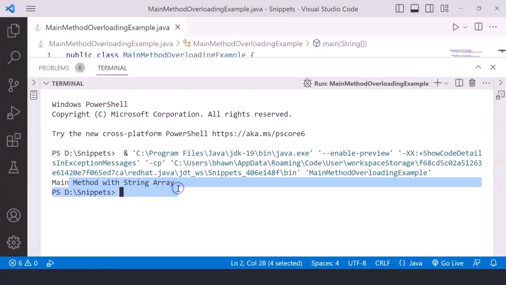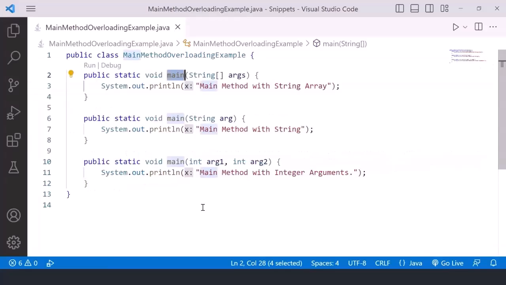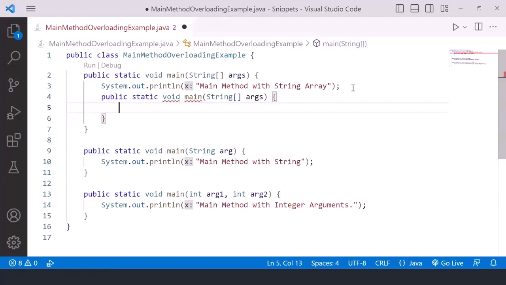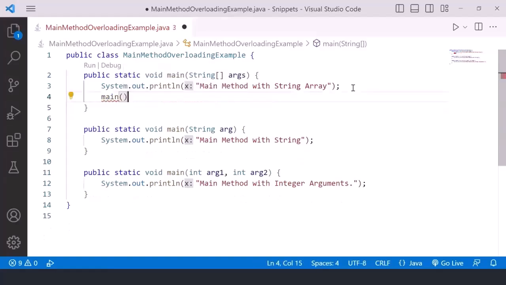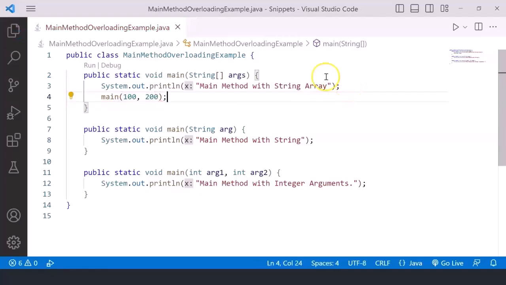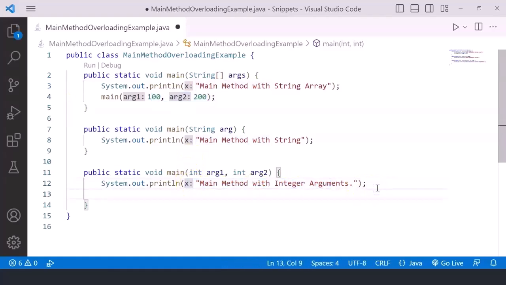Main method with string array. If you manually would like to call it, you can only call a method from a method or from other class iterations. For example, from here I'm calling the main method with the integer arguments 100 and 200. So you can see that first this will execute, then this two-argument one will execute, and